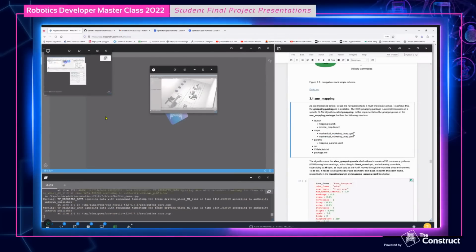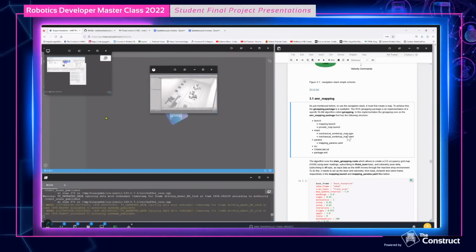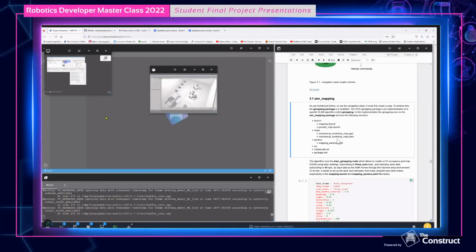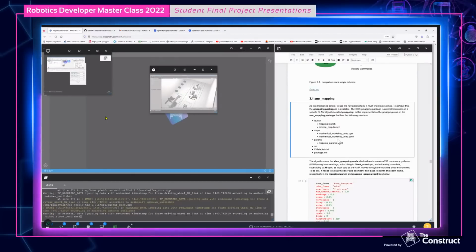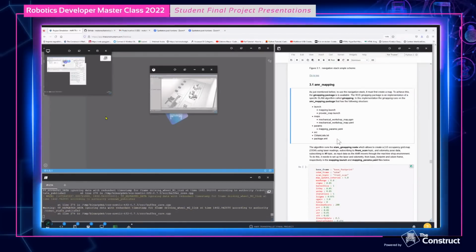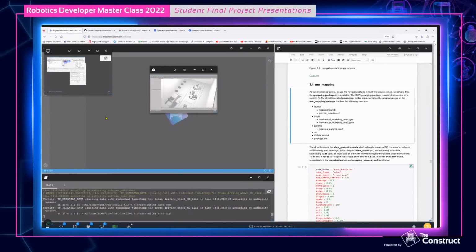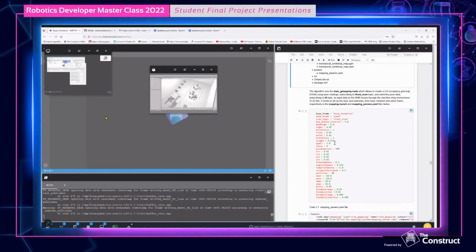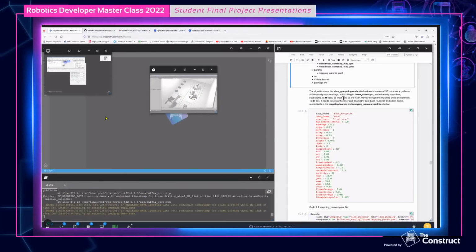This is a graphical map, practically an image, in which the color has a meaning of empty space or occupied space. The main configuration of this package